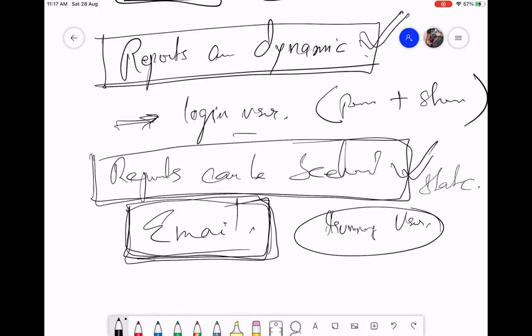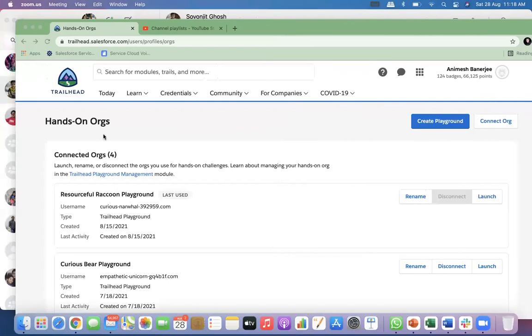It will be mailed in PDF format. No, it is an email body. It will come in as an email. Okay, in the email body itself. Yes. So let's see how we are going to see the report. I think that there will be an attachment also. I forgot that. Run a report and you'll see that.